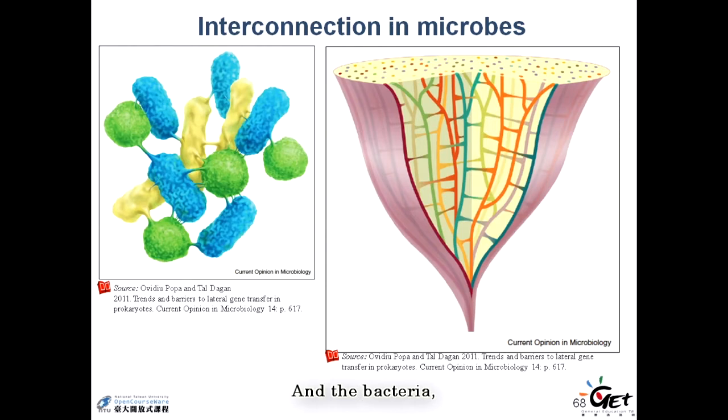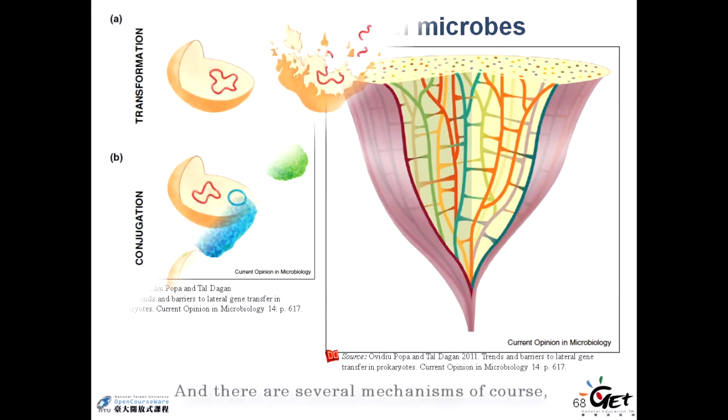And bacteria, even within the same species or among different species, very commonly form this kind of channel, the nano channel, like the pili. And then it could be very easy to transfer the genetic material from one to another. And there are several